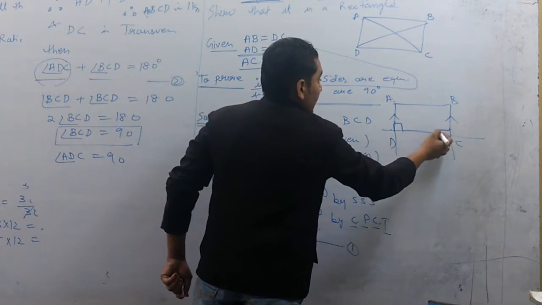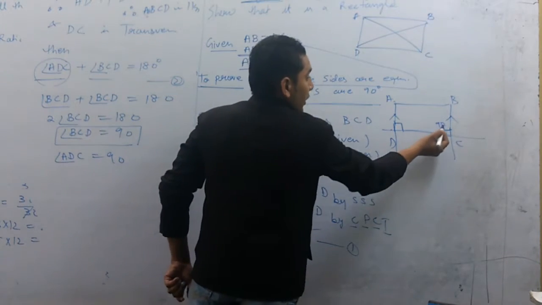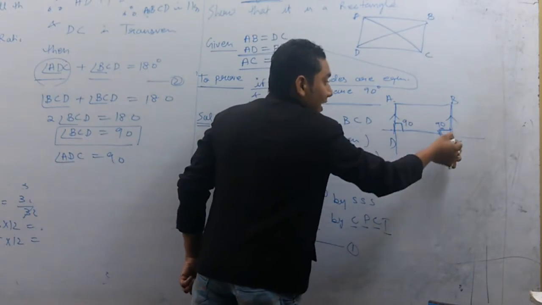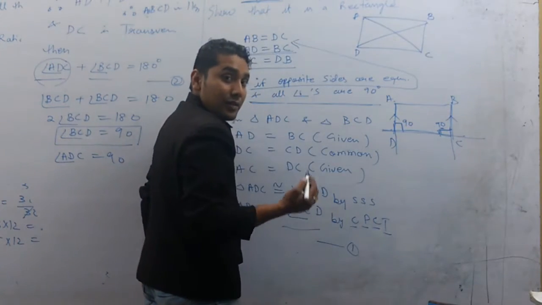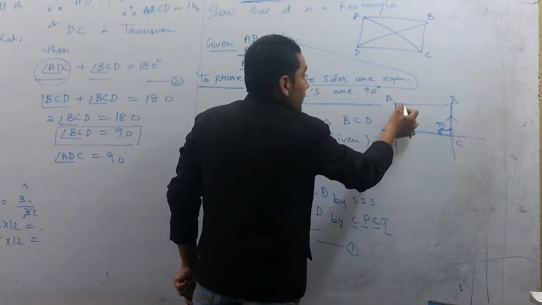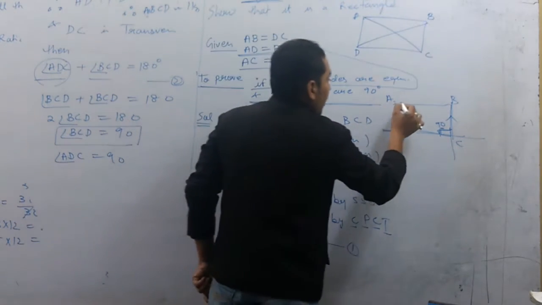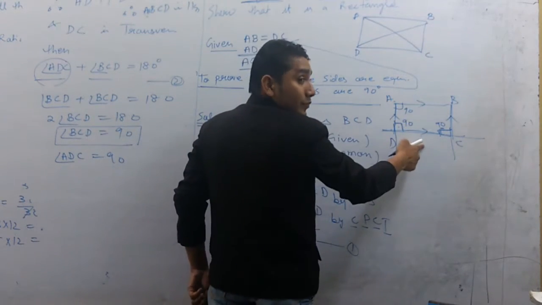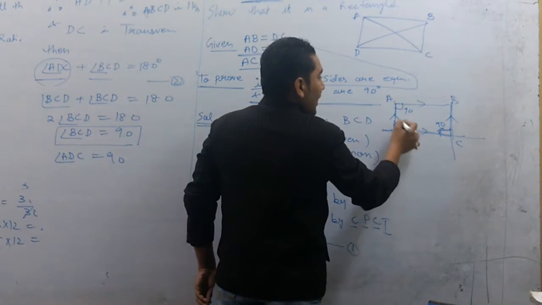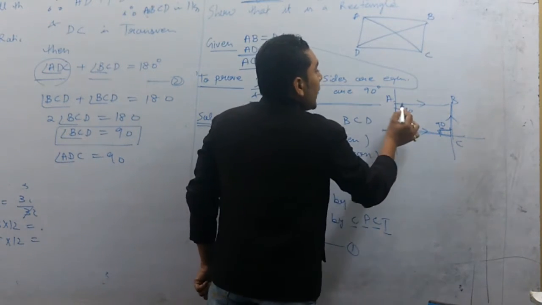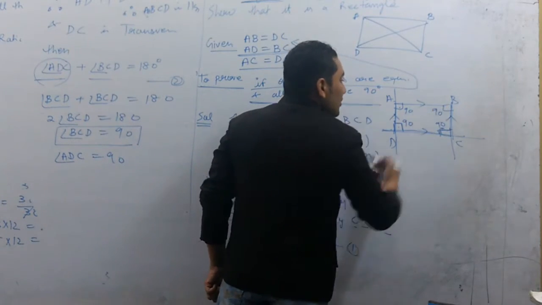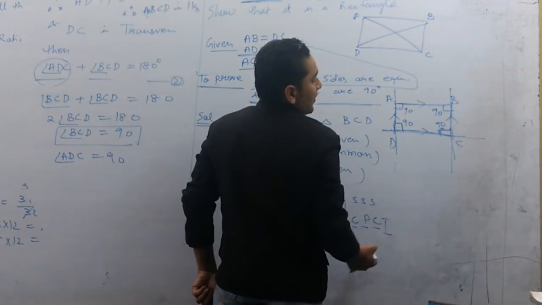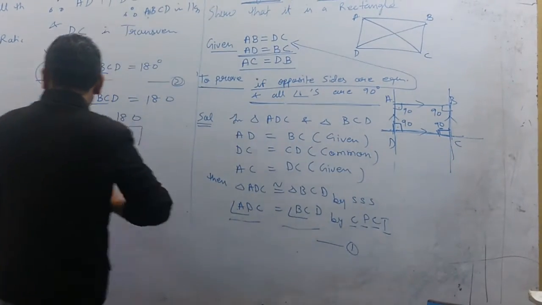Then see here, this angle we proved 90. If this is 90, then this is also 90 because this and this are parallel, since ABCD is a parallelogram, and this is a transversal. If this is 90, then this is also 90 because this and this are parallel and this is a transversal. Then we can say similarly